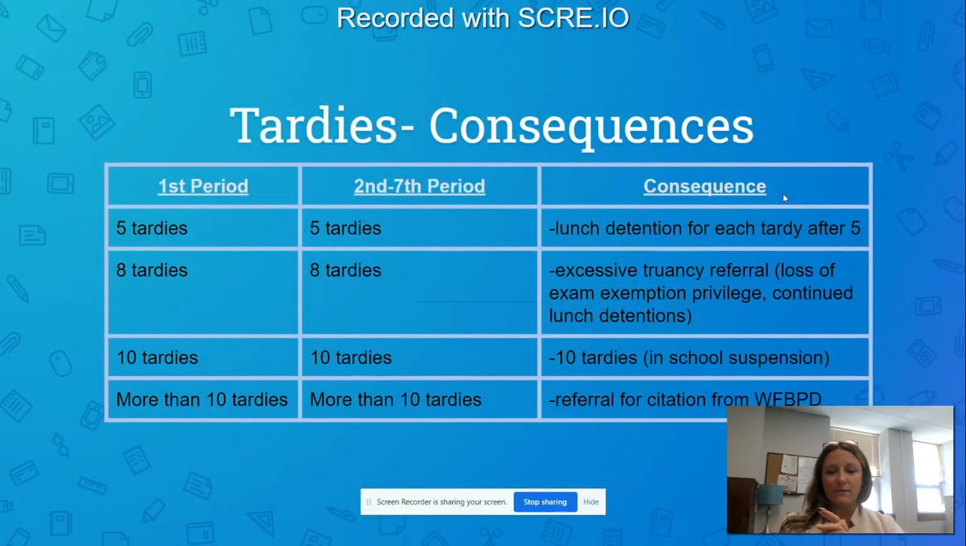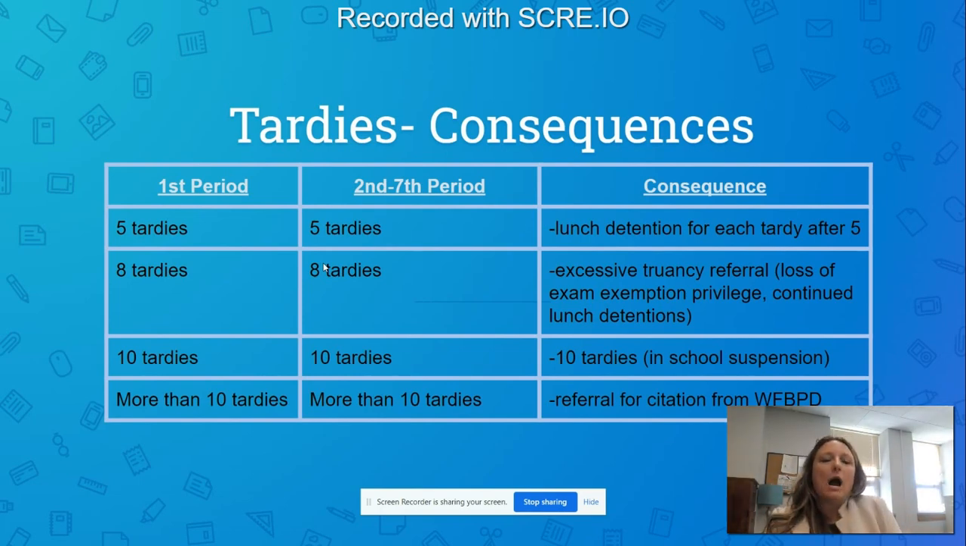All right, so here's the table for consequences. Something I want to be sure to point out is that we have 2 buckets for tardies. First period is in a bucket of its own, and then the remaining 2nd through 7th period tardies are in a second bucket. But the thresholds in each bucket are the same. So if you were to reach 5 tardies in either bucket, say you had 5 tardies to first period, or you had 5 tardies spread out among periods 2, 3, 4, 5, 6, and 7,